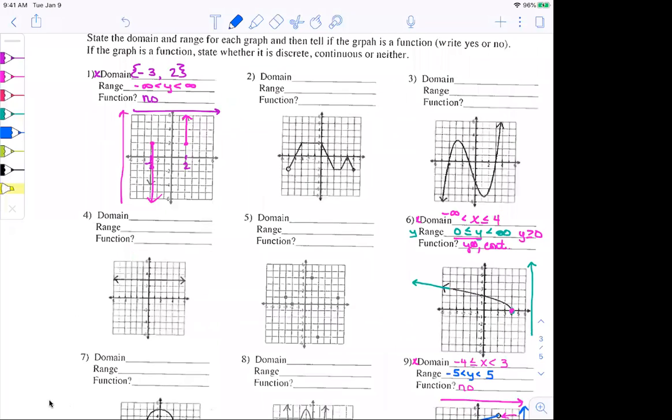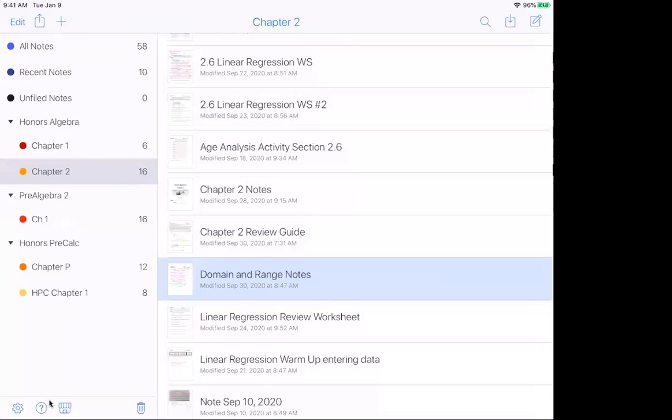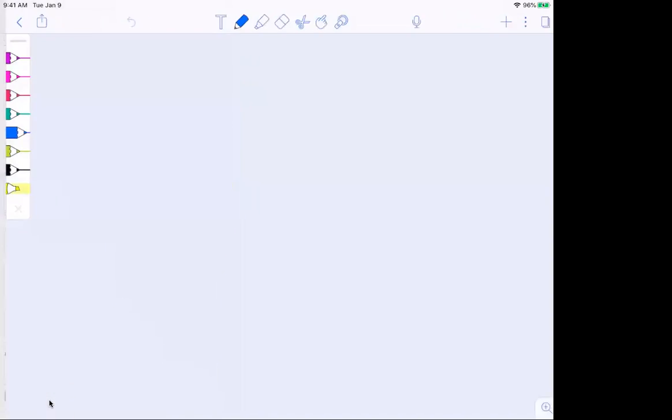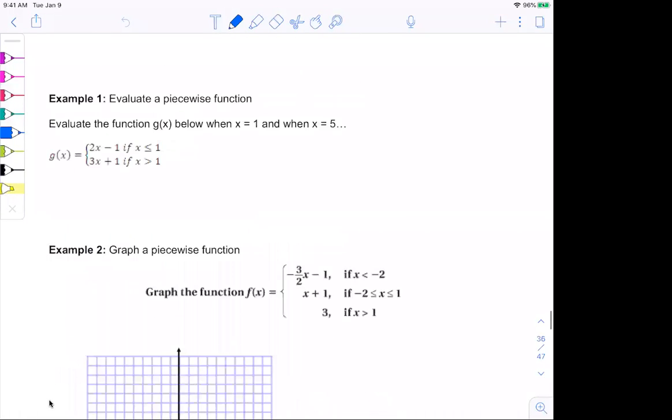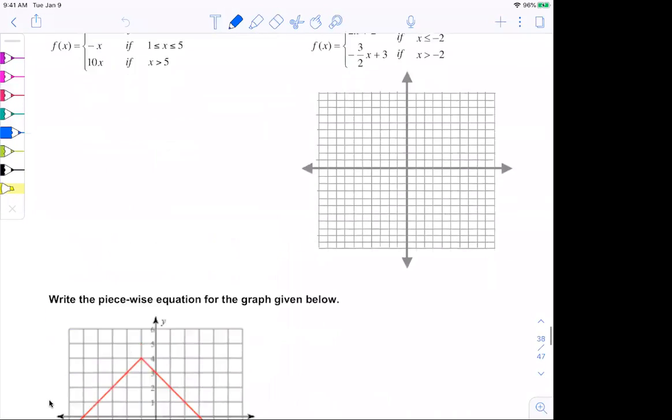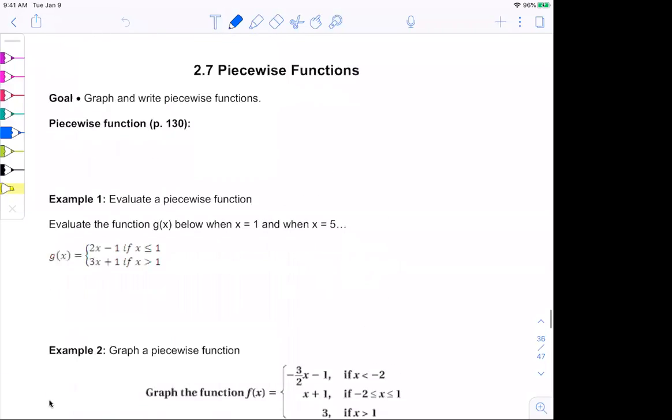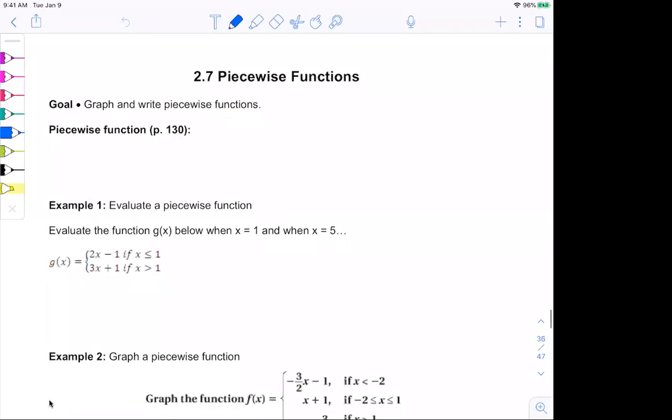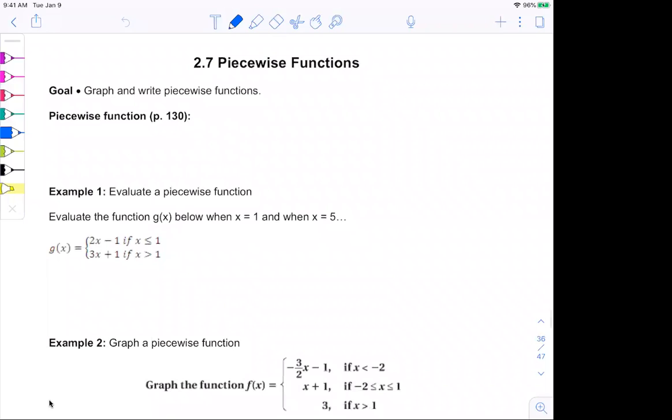So in your packet, there is one last page of your packet, maybe 2 pages. I don't know how many pages this takes up. Looks like it takes up probably front, back, front. But it's page 29, so the second to the last page.